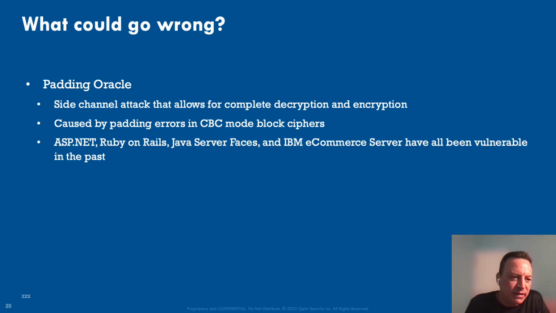Another one, too, this is a fun one, called a padding oracle. As I mentioned before, there are different modes in ciphers such as AES, one being CBC. One of the vulnerabilities with CBC is something called a padding oracle. As I mentioned, CBC is broken down into blocks, and whatever's left, they pad it to fit a certain size, right? So the padding oracle is a side channel attack, and it can allow you to completely decrypt and then re-encrypt